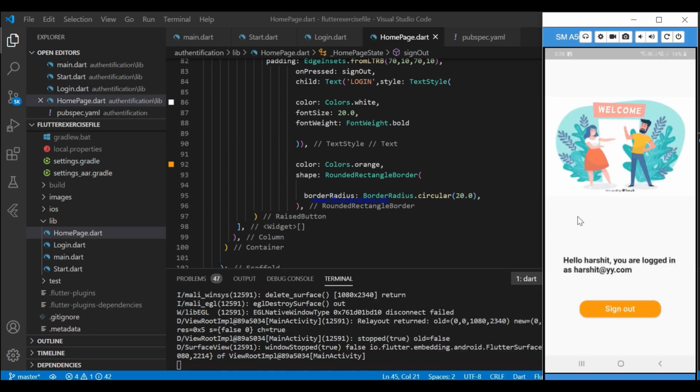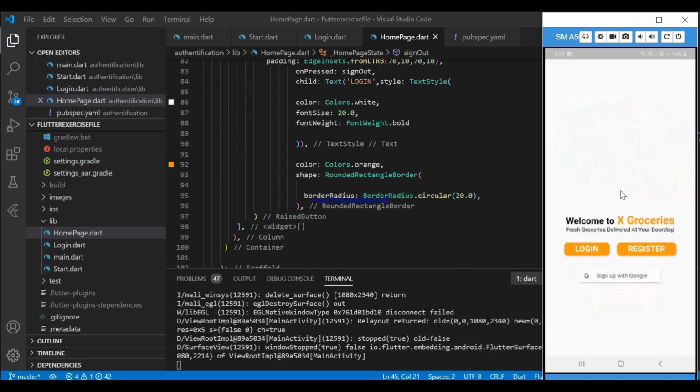Our app will be ready after the sign up page, but using the demo app, I'll explain what we have done till now. So listen carefully. Now look, this is the app that we are building. I already logged in using email and password. So what I'm trying to show you is, when the app opens first time, the app checks whether the user is null or not. In this case, user is not null. I've entered email and password, that's why I gain access to home page. Now if I press sign out and open the app again, just wait.